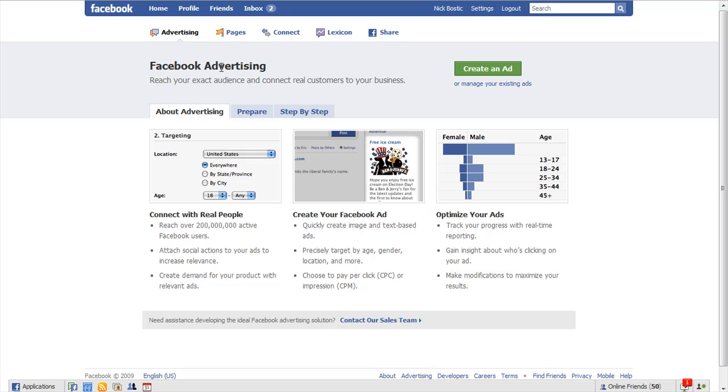Think back to when you signed up. You had to specify your date of birth, your age, your location, all that kind of information. So we can fine tune that with our advertising. It costs money though. So the next thing I'm going to show you is an option that doesn't cost you anything except a little bit of time. So we'll go ahead and click on create an ad